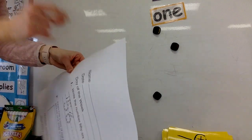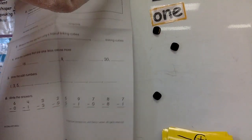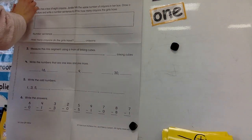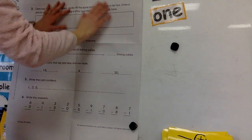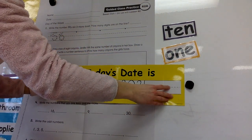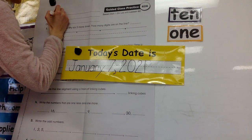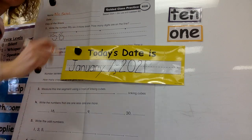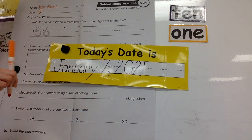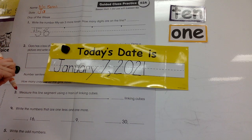We'll be writing the date and the day of the week together. You should be done with your name, which means you can start writing our month and our date, which is January 7th, 2021. So what are you going to write first in January? And you're going to write a J. So write uppercase J, lowercase a, lowercase n,